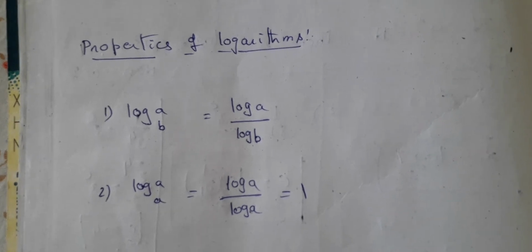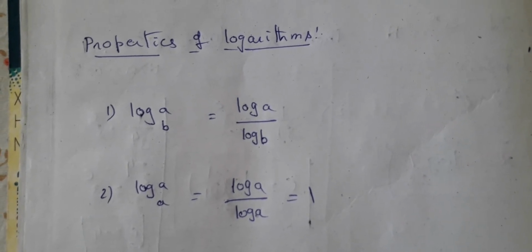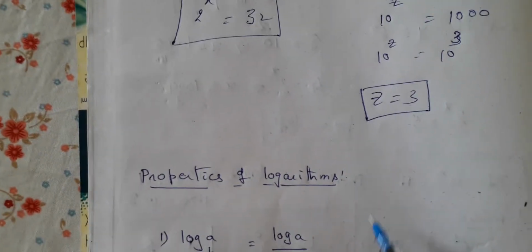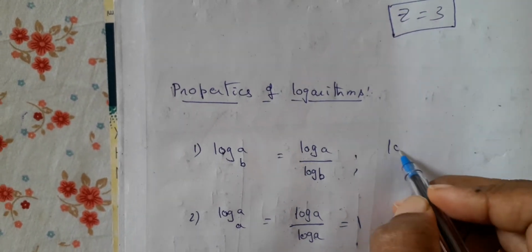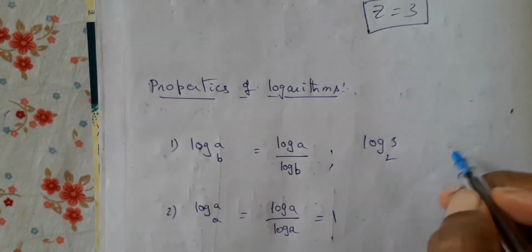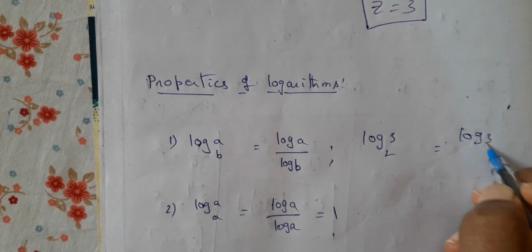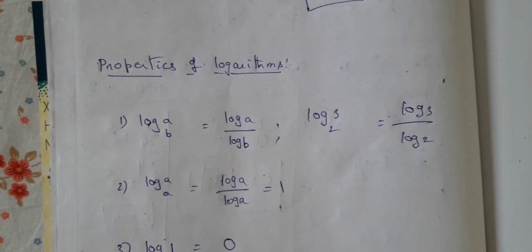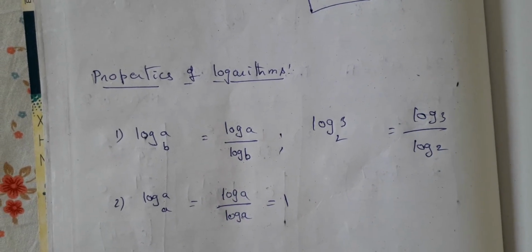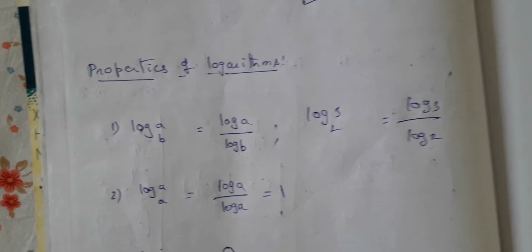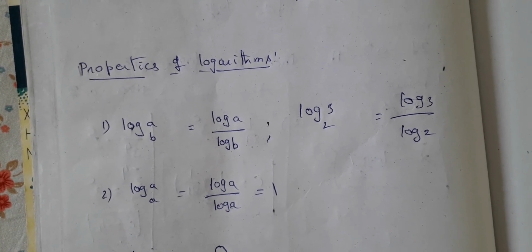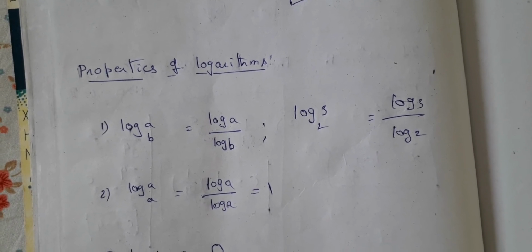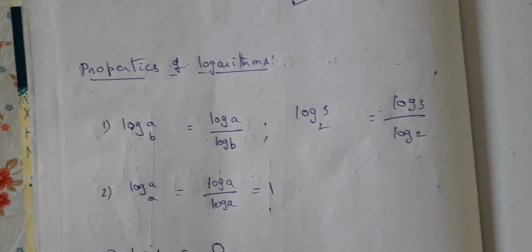So now log a base b can also be written as log a by log b. Please remember this, and for every case I am giving one particular example. So log 3 base 2 can be written as log 3 by log 2. It is not always necessary. Whenever there is a need for you to apply this, then only you have to apply it. Sometimes the answer can be left like that, just log 3 base 2. But sometimes it will be asked, log 3 base 2 is equal to, right? So then it is log 3 by log 2.